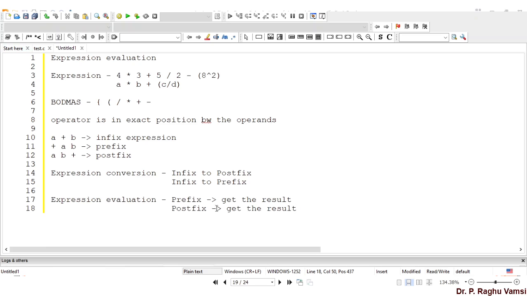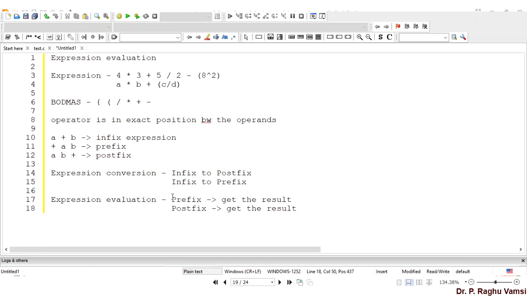So for these two cases, given a prefix expression, evaluate it to get the final output, and given a postfix expression, evaluate it to get the result. These are the two categories under expression applications, and to do expression conversion or expression evaluation, we will take the help of the stack data structure.